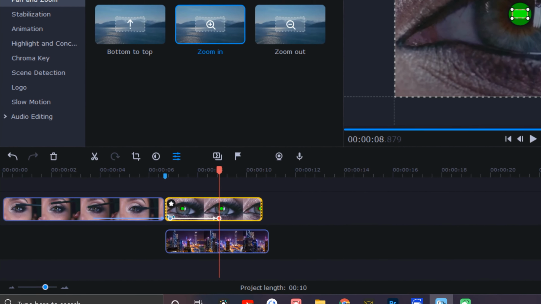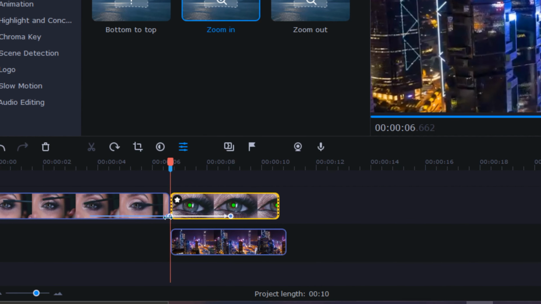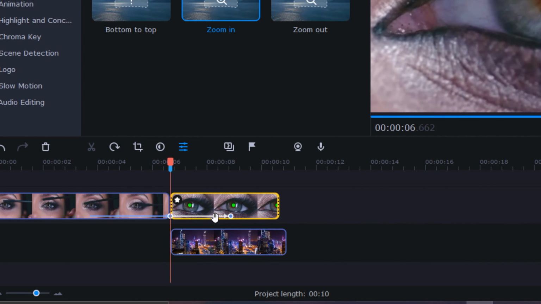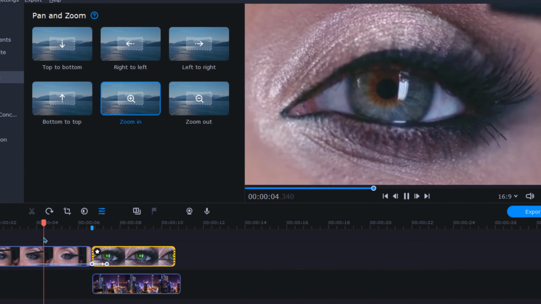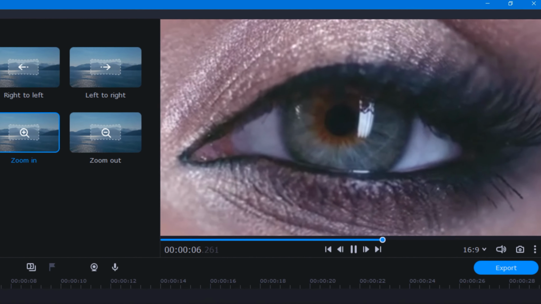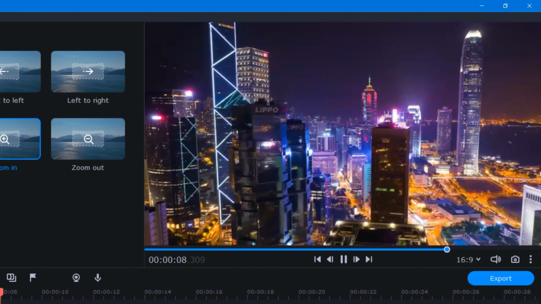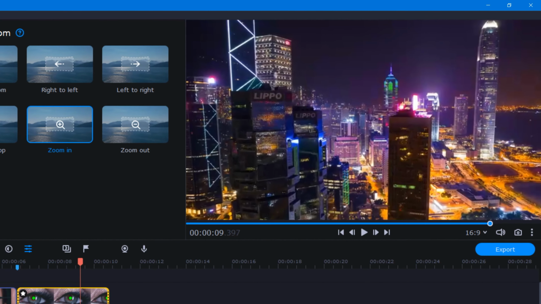Now I'm going to move this first keyframe all the way to the beginning of the clip so that the zoom begins right away. And then move the second keyframe a bit closer to the first so that we zoom faster through the opening. Now let me play it through so we can get an idea of what it looks like so far. Okay, that looks pretty good already, but we can make this look even better by simply adding